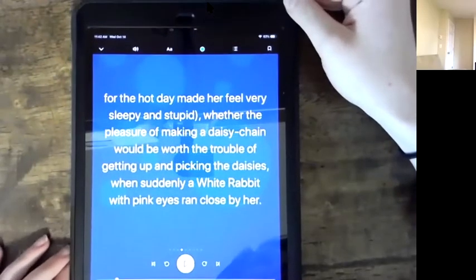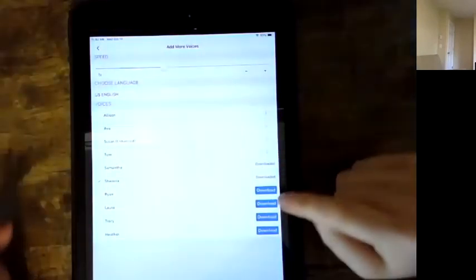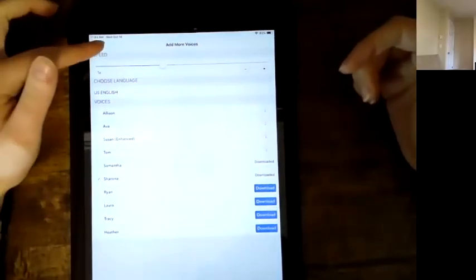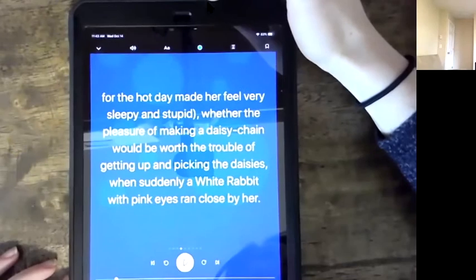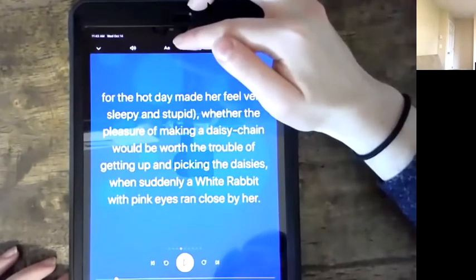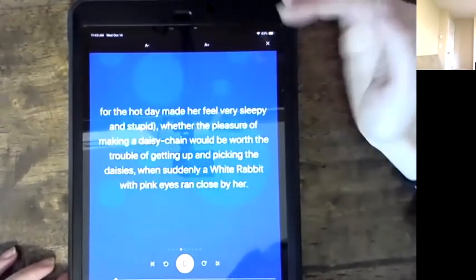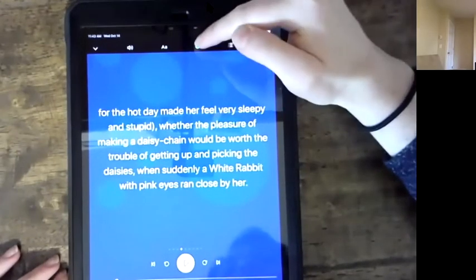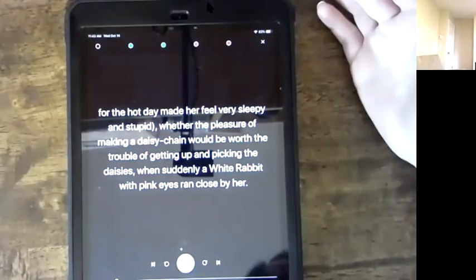For the options up here at the top, there's a toolbar. If I select the speaker icon, this will then allow me to change the speed, the language, as well as the voice. And in the paid version, they have more voices that you can select from that sound a little more natural. And then if you wanted to change the visual options for the size of the text, you can select the double A icon and then you can make the text smaller or bigger depending on what your preference is. You can also change the background color by selecting the circle icon. So if you wanted to have a black background so that it's easier on your eyes, you can change that.